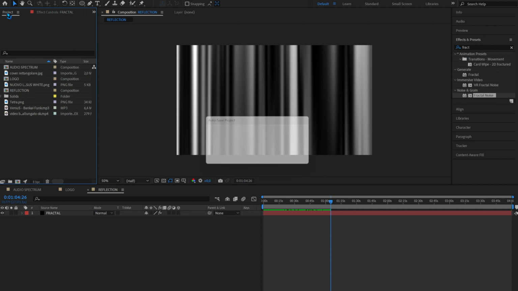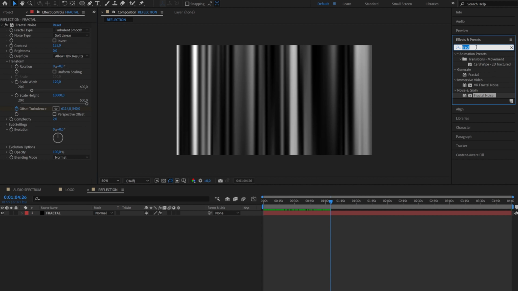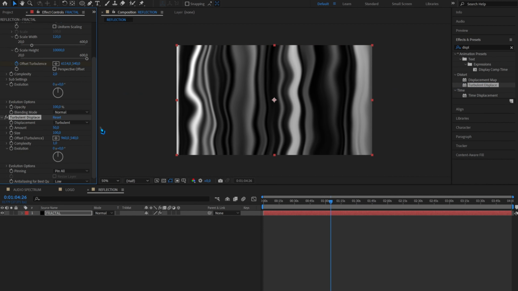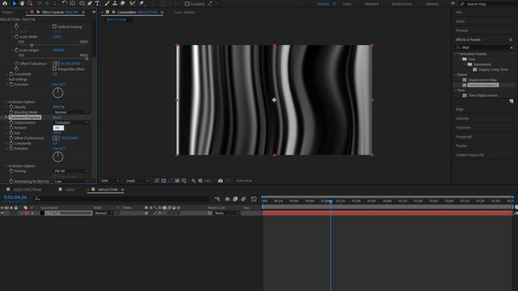So now let's go to effect. Let's type displace, and we have, yes, turbulent displace. That's the one. Let's take it and put it in the fractal solid. So here let's change the size from 100 to 350, amount 70,